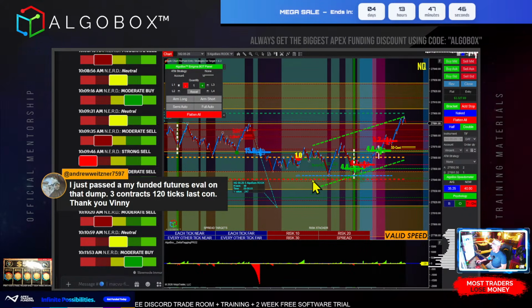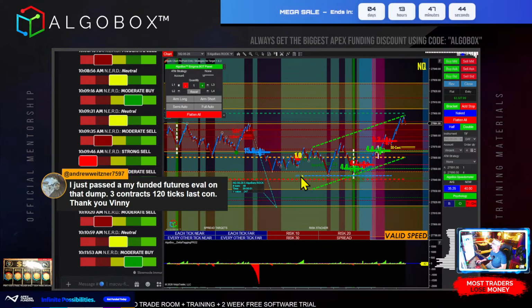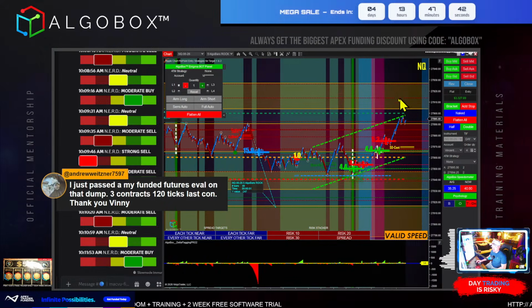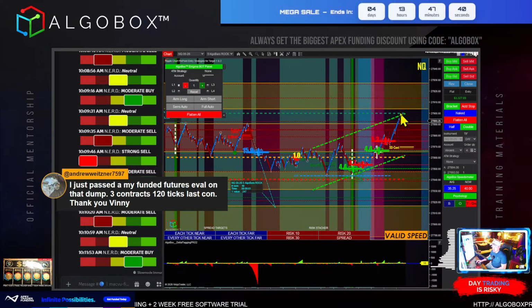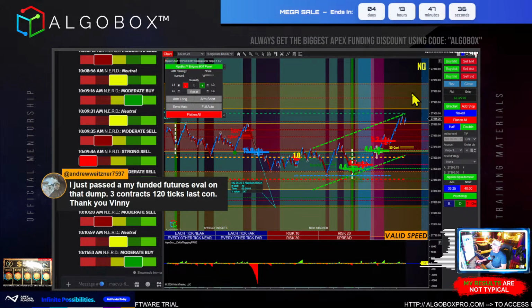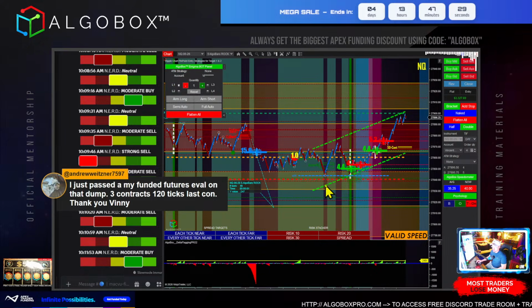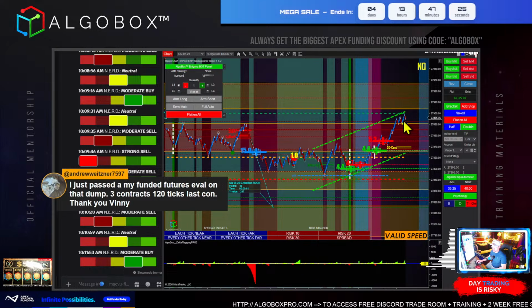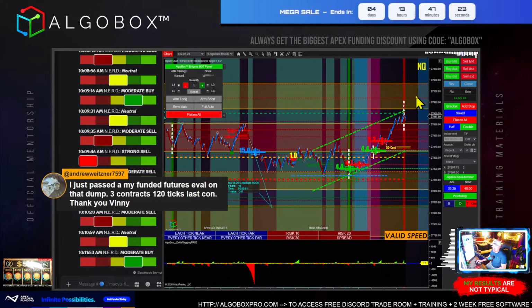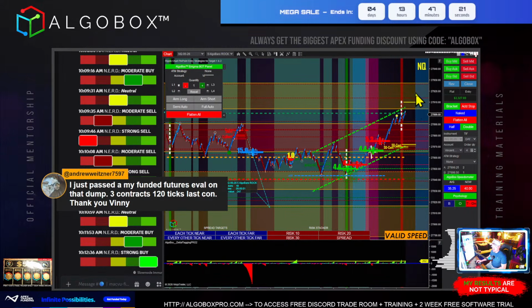Now, since we had the big bull back here, remember he never got to his target, like barely missed it several times. See the high of day right there? The high of day is that dashed green line. Never got into his 250 tick zone. So now that the bear has come in, the bull may assume, okay, he's exhausted his orders. I know where he's located. I'm going to make a push to get up, get my targeting, take my plays, and then let the bear take over after that.